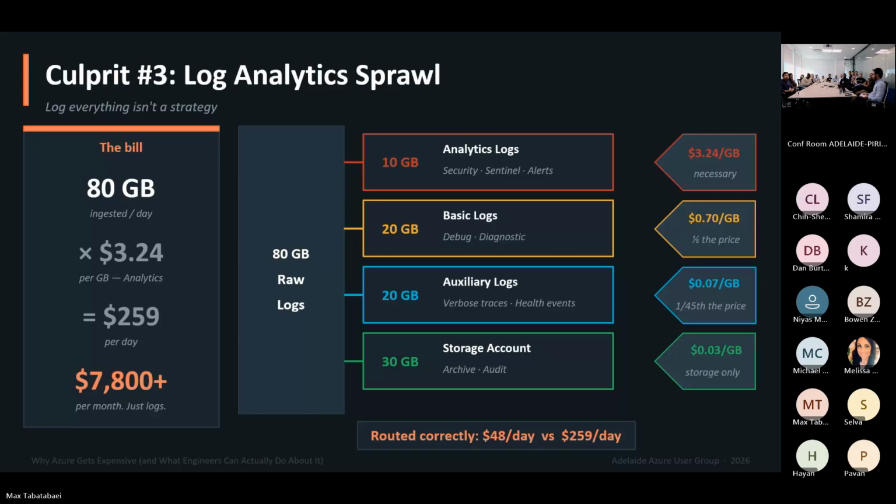But here's the thing that I wish someone had told me earlier. Security logs, the ones feeding Sentinel, the ones driving alerts or supporting incidents, they all belong in the analytics logs. But for example, diagnostic logs like VM counter performance, like HTTP app logs, storage metrics, they don't probably need to go to the analytics logs. So there is a good reason that Microsoft has created this